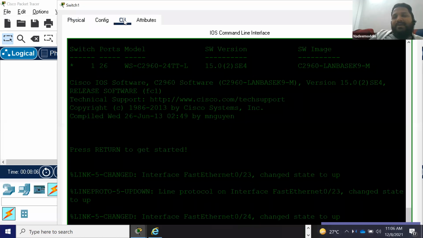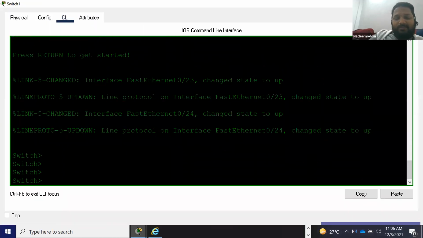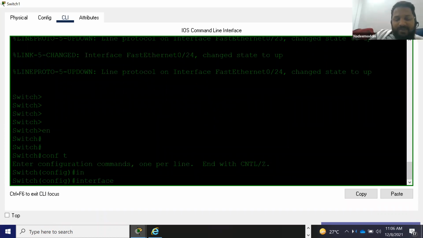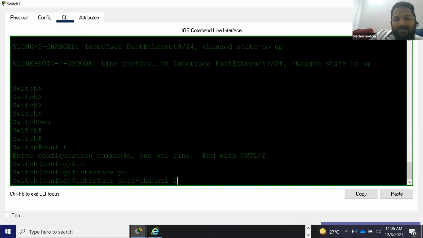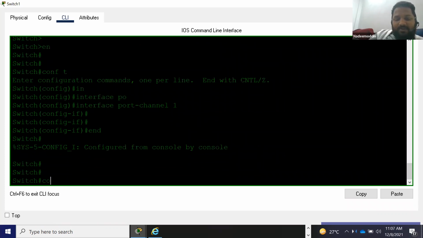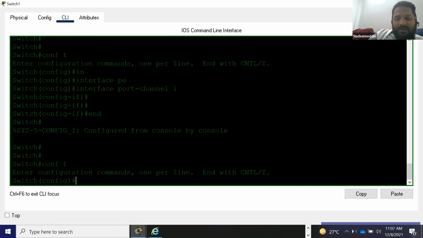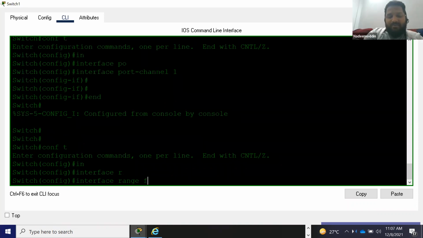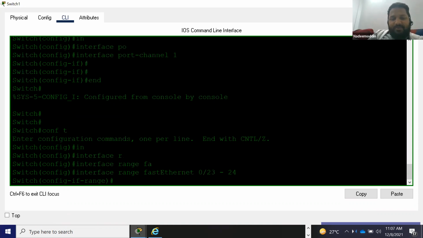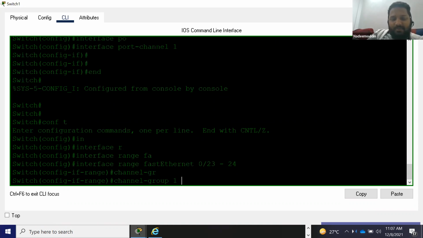I will go here, enable, config terminal, interface, first create port channel 1. Done. Then config terminal, interface range command I'm using, FastEthernet 0/23 to 24. And I will say channel-group 1 mode on.